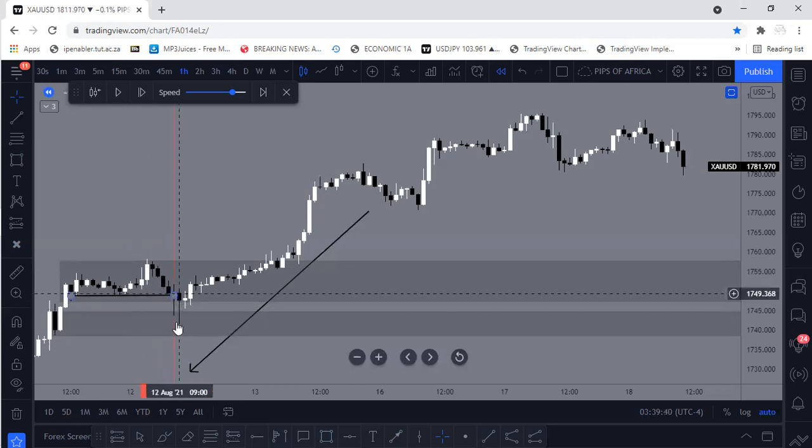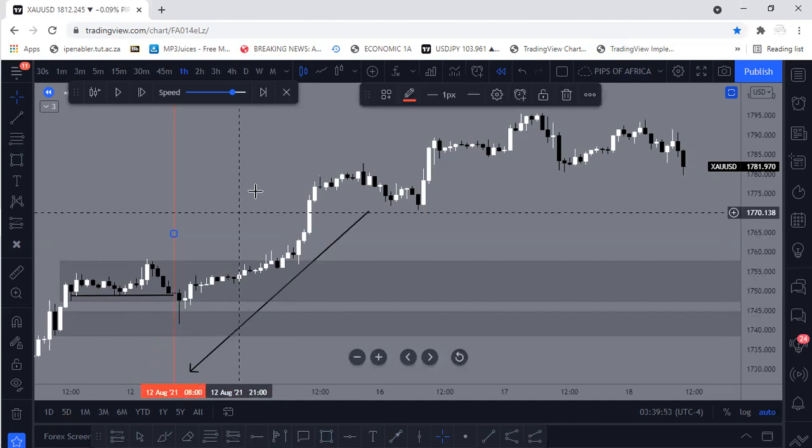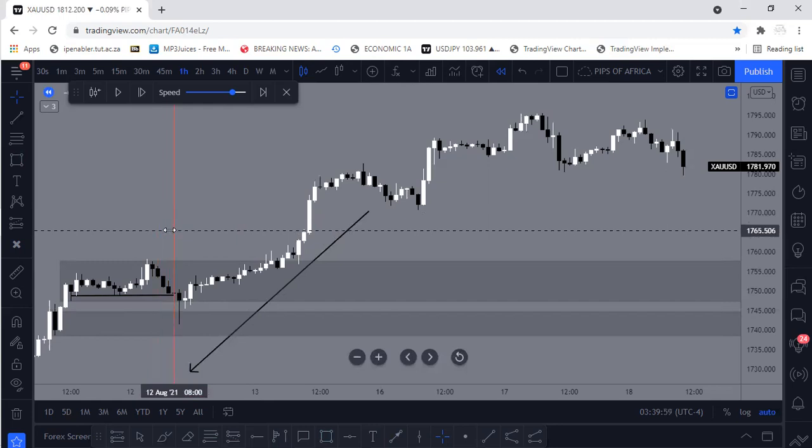But we also know that we have an order block here. So this one at 9 o'clock, the candlestick here, it went below this one, mitigating an order block. After the mitigation, the price went to the upside. And then the question is now, because I told you these things, the question is, okay, but